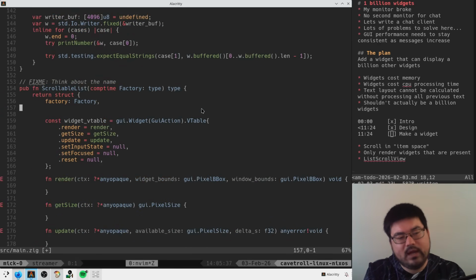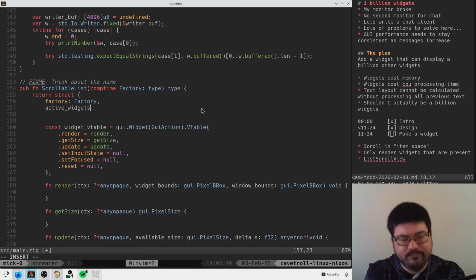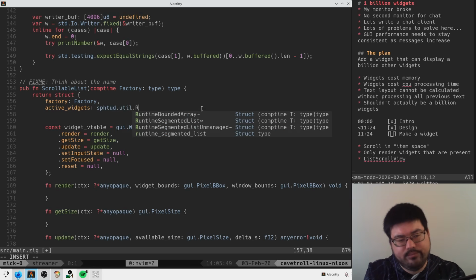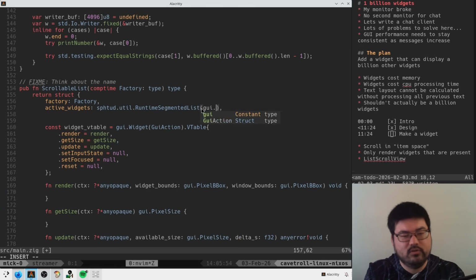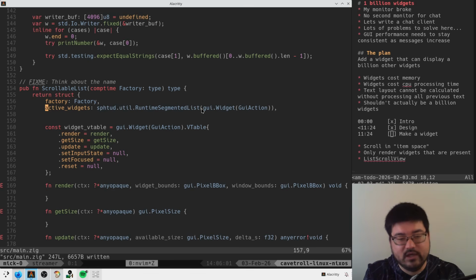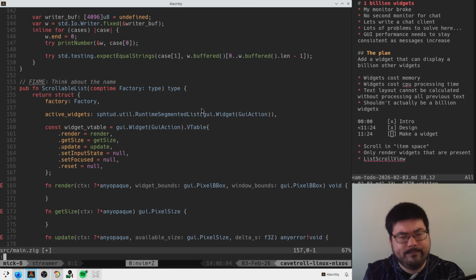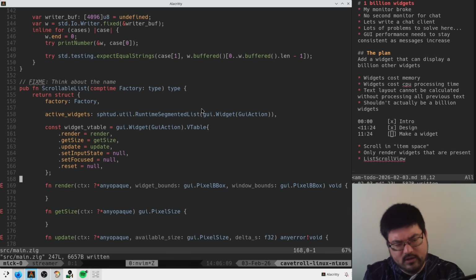This guy is probably going to have a list of like active widgets, right? That sounds right. So he's going to be like, give me a... Probably one of these guys. Runtime segmented list of GUI widgets associated with GUI action, which means that, like, I don't know. We'll see. Do these go in order? Maybe. Probably, right? And so if we throw like 5 widgets in here,